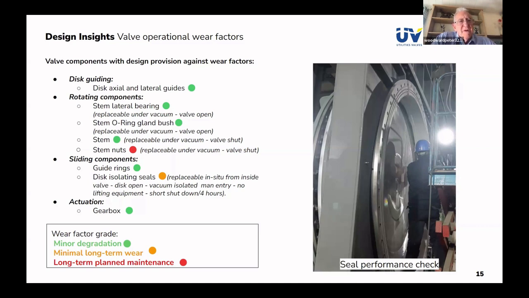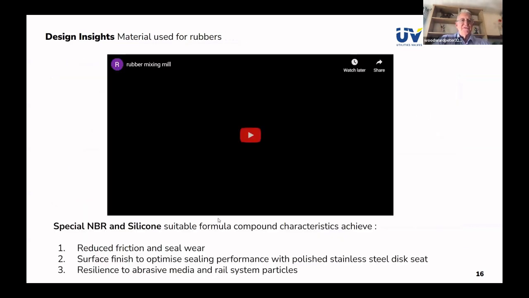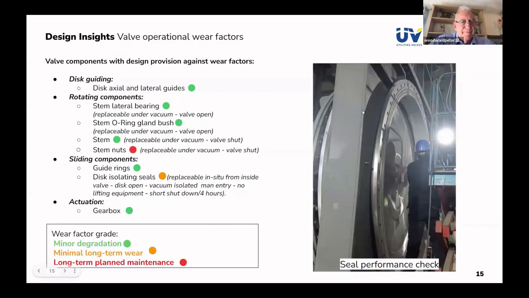The stem nut is doing a lot of work. The stem itself is not, because of the length of the threading over the full length of the stem. We have arranged this valve so that the stem nut can be replaced under vacuum with the valve in the shut position. So you'd have to interrupt the service, but it's a very quick change, and we have access through access doors to achieve that. Then there's other sliding components where we've talked about guide rings, the seals themselves, replaceable in situ from the inside with the disc in the open position,